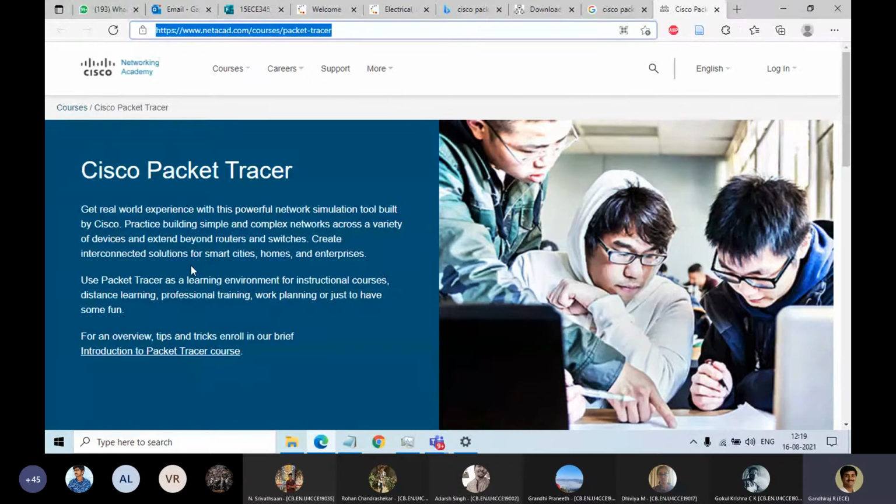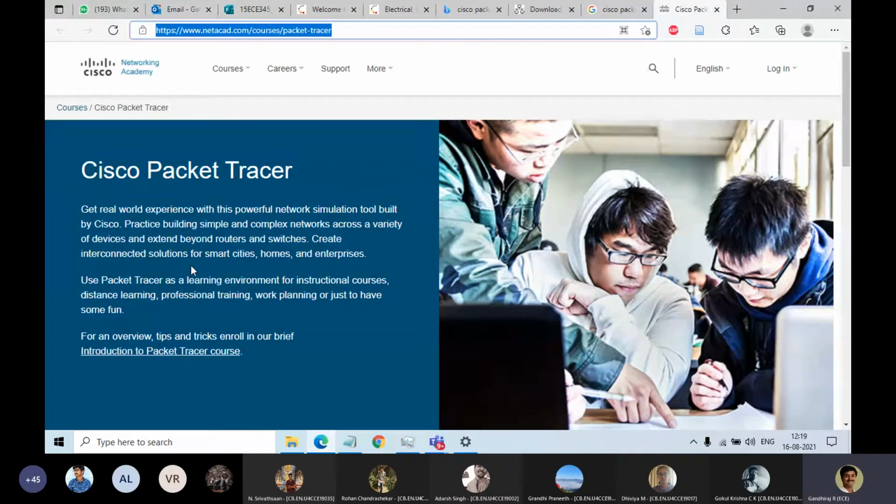The Cisco Packet Tracer is one of the good tools, which is very helpful. Why I am asking all of you to choose this tool is that if you complete any task using this tool, then you will be ready for attending any interview, especially for Cisco networking.